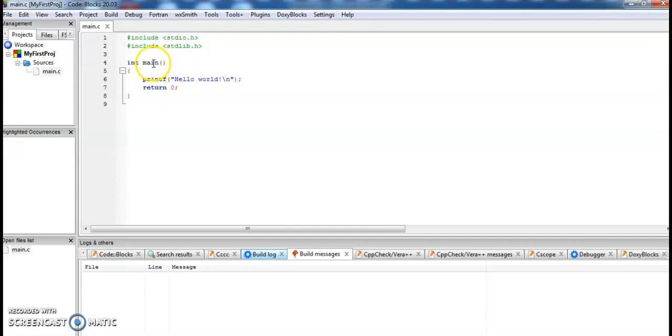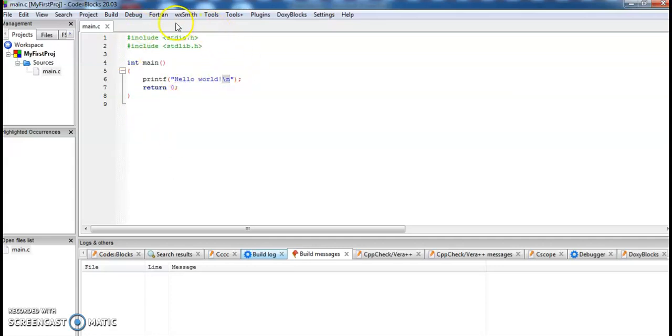This indicates the beginning of the C program. Here we have used the printf statement, which is an output statement. Inside this, the hello world message will be displayed on the screen, and the new line \n is an escape sequence which moves the cursor to the next line. Then we have the return statement which returns nothing to the main function.